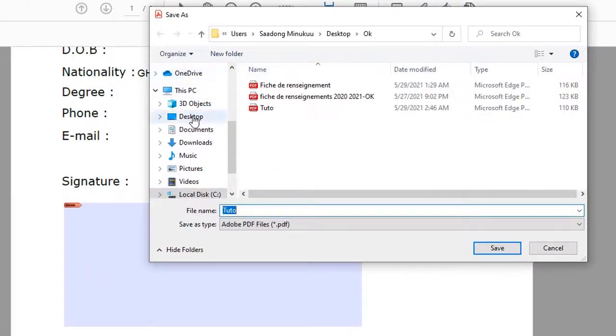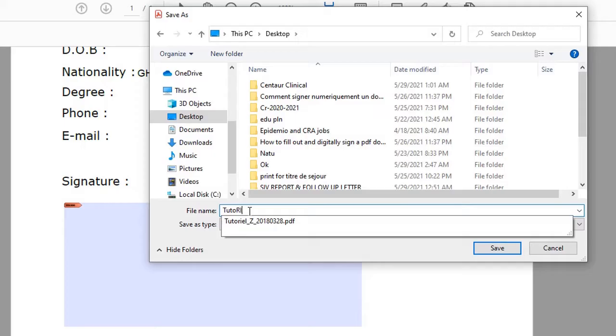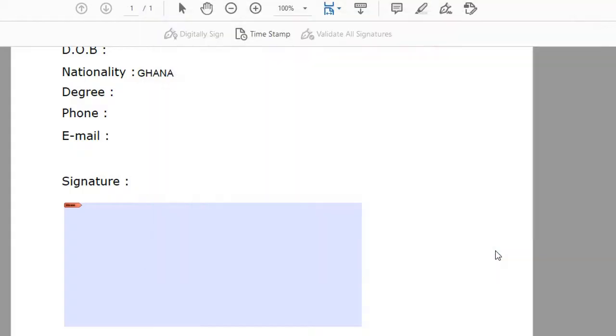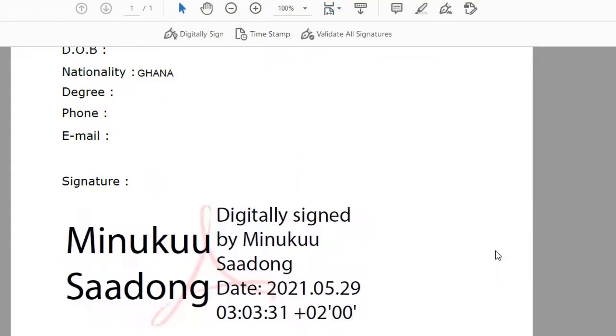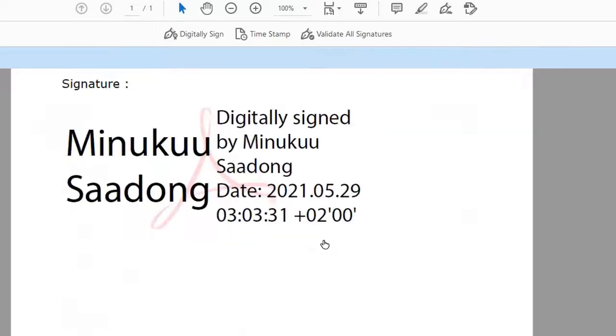Now we could put it on the desktop, and then we just name it, let's say tutorial on digital signing. Okay, let's just put it on the desktop, and then we click on save. So see that as soon as I click on save, it has added our signature. I have digitally signed my document,